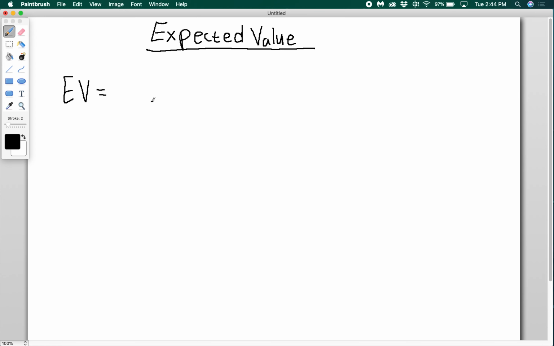So the expected value is going to be equal to the sum. This symbol, you might not have seen it before. It's a capital Greek letter sigma, and we use it just to mean the sum. So from k to n. What this is, you start with 1, and then you keep increasing by 1 each time until you reach n, of the probability of the kth outcome times the payout